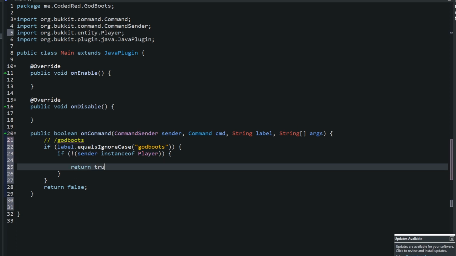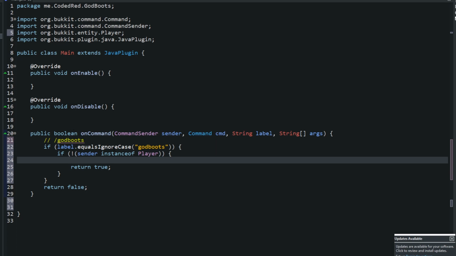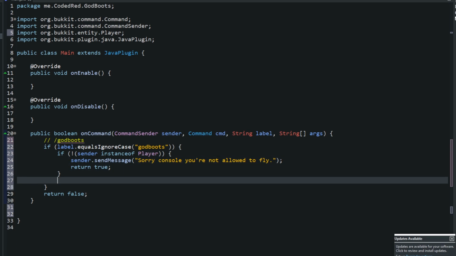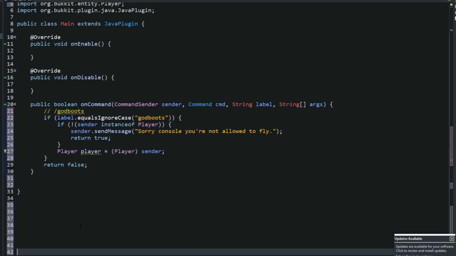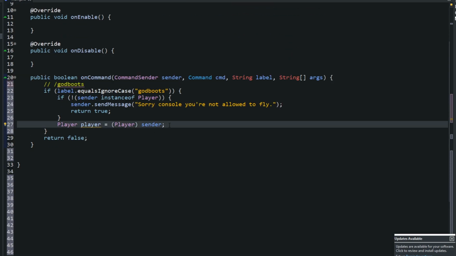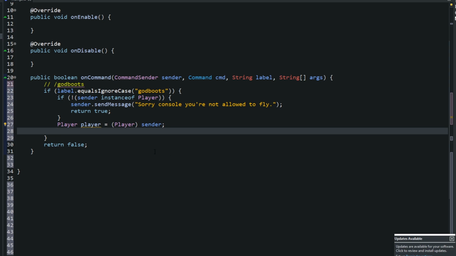And this if statement right here is saying if the sender is not a player, we'll go ahead and kick them out. Sender.sendMessage, "Sorry, console. You're not allowed to fly." All right. Now that we know that the sender is a player, let's go ahead and create the player. Player equals the cast of a player to the sender. All right. Now that we have this player created,